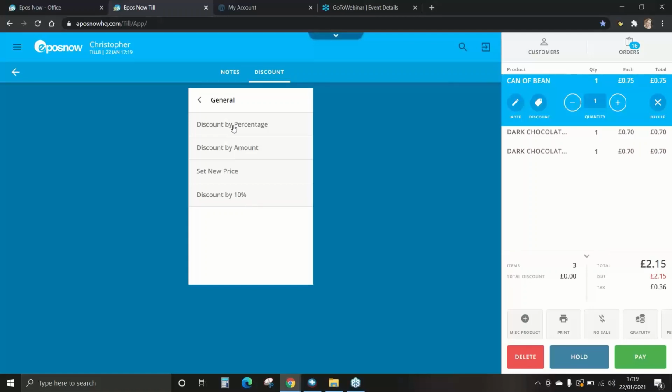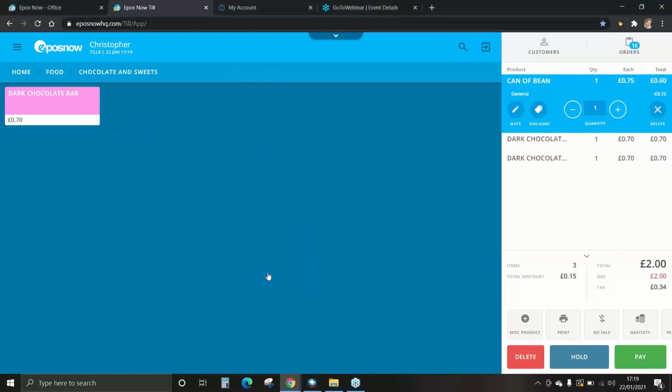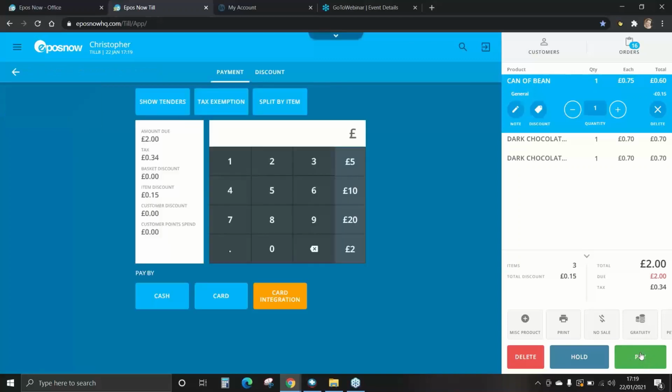We're going to give this a new discount percentage of 20%. And once you're happy with this, press Update and Done. You can now see on that item it's a general discount and the amount that's come off the total. That's an item discount. We'll now process a basket discount. For this, we go to Pay, select Discount at the top,